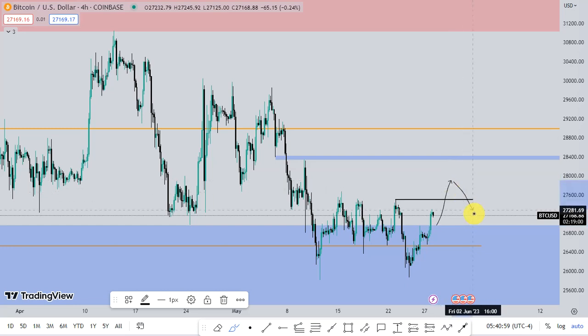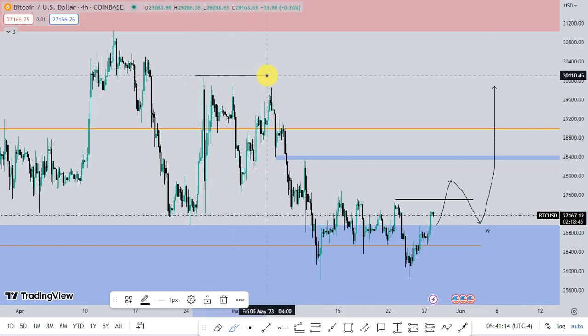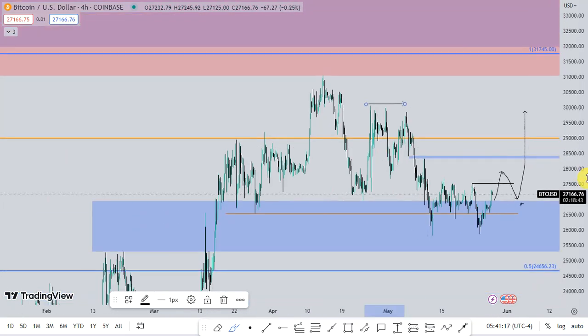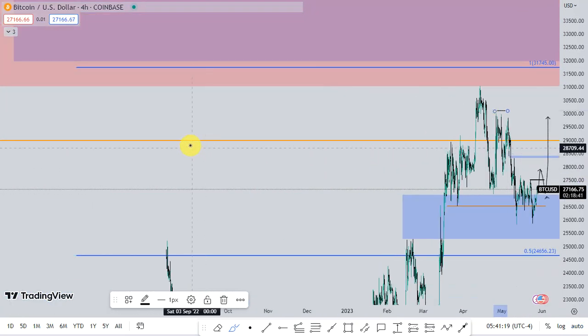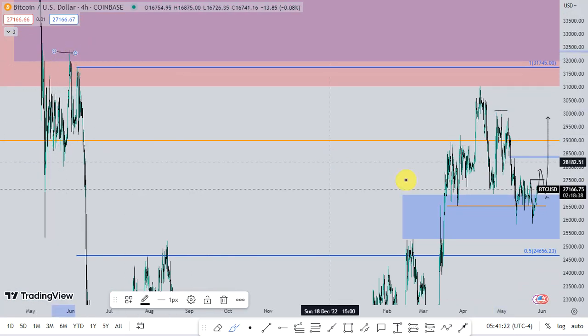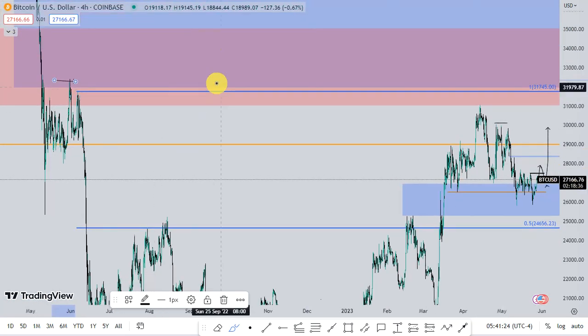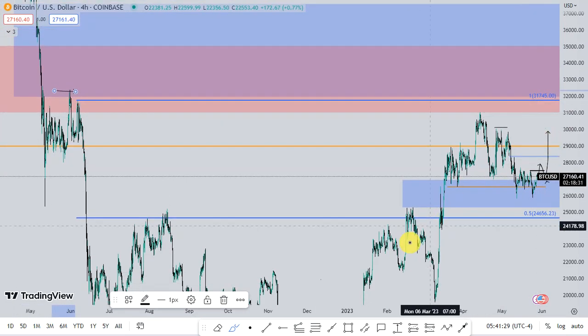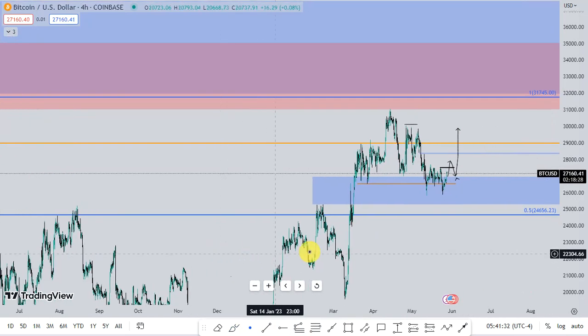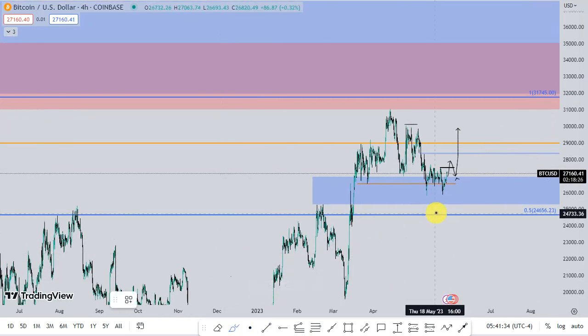I want to see the price to fall down and fill this fair value gap, and this area itself will be our entry for long, targeting this highs first, and after that high we can target this highs here, which is this breaker zone, the red zone, and also this monthly fair value gap. So this is the trade idea I'm looking to play in the coming days,